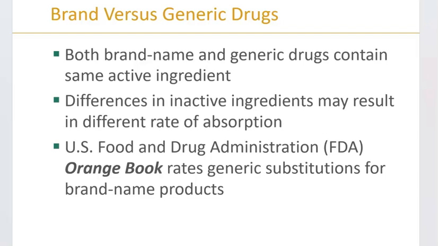They can produce drugs that are designed to imitate the brand name product. Once the competition is allowed, generic manufacturers will formulate similar dosage forms with the same active ingredient and the same amount as the branded product. Because brand name and generics contain the same active ingredient, the body treats the two exactly the same. Differences between brand name and generic preparations can occur in the inactive ingredients, such as when they produce the tablet or the capsule, what kind of fillers they use, maybe what kind of coloring they add.